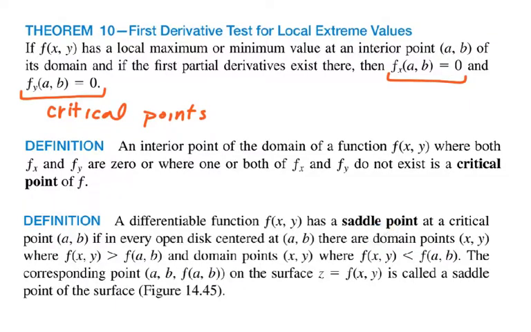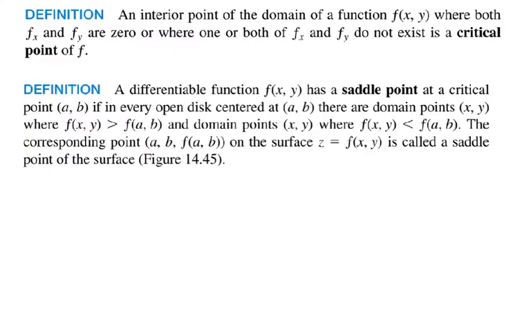A saddle point is very similar to an inflection value for a function in Calc 1. So remember, inflection values are where the concavity changes. So where we were changing from concave down, in this case, to concave up, we had that inflection point. So saddle points are a little bit different, but it occurs potentially at a critical point